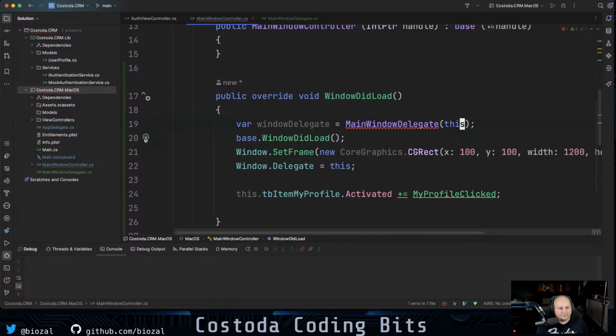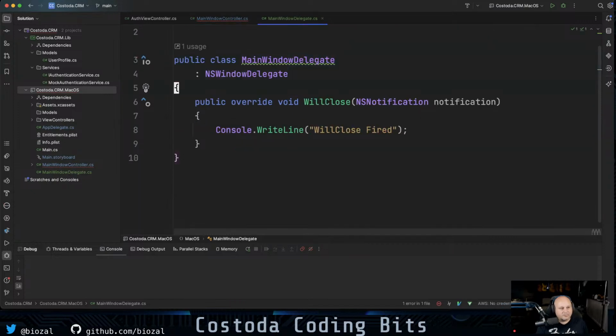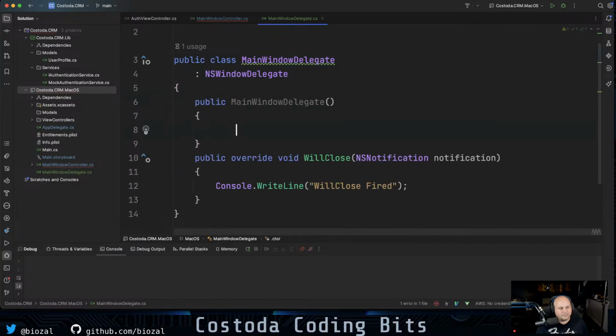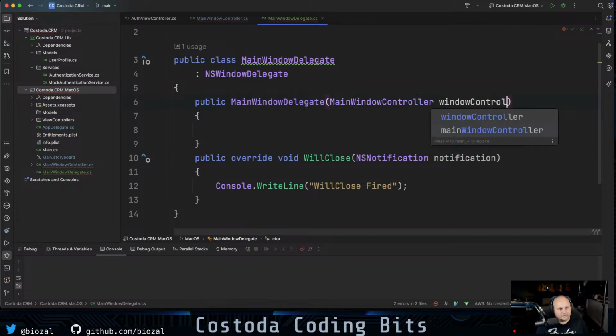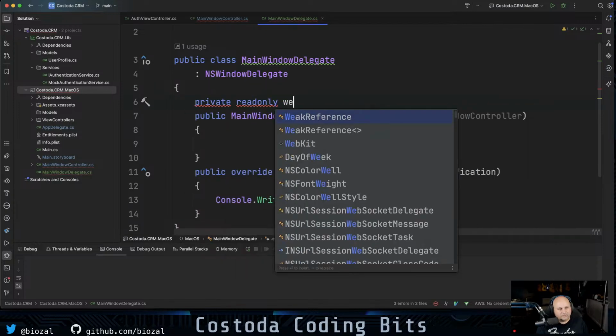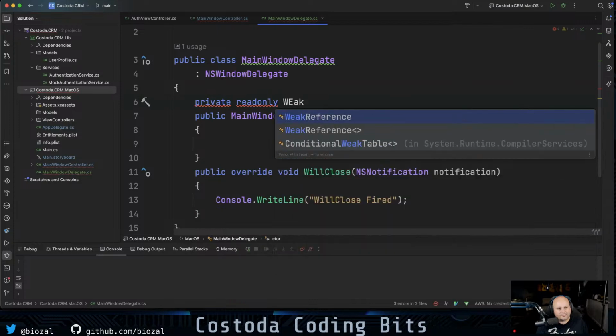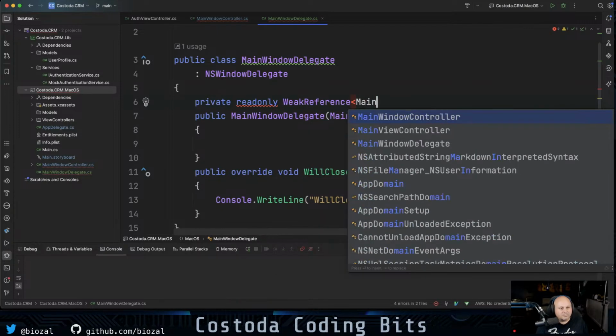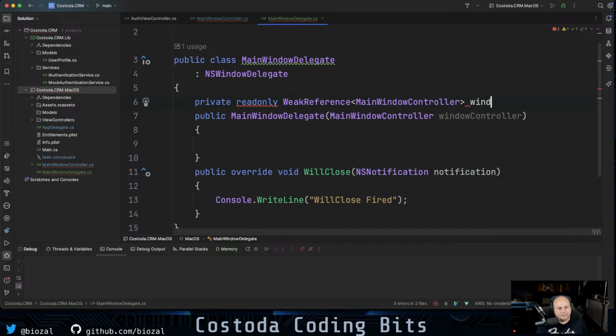We'll pass it this as a pointer, and we'll need that because we need access to the other stuff here. So we're going to ctor. And we need to make that a weak reference, is going to be my guess. And so we'll say this is, or what is this? Main window controller. Window controller. And we'll say private read-only weak reference of type main window controller. Window